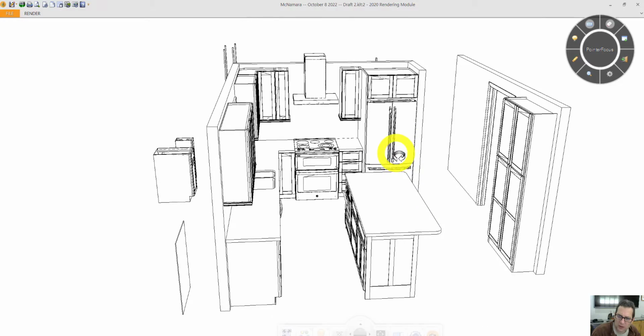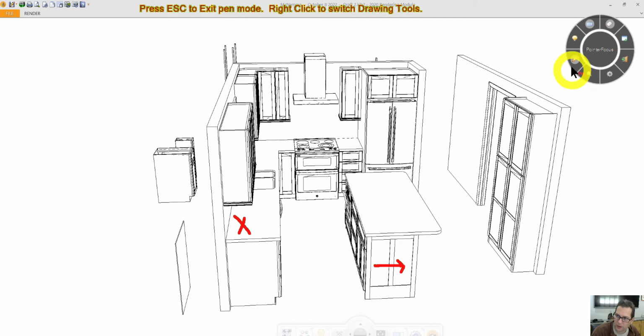But thinking out loud, moving the refrigerator over here might move this island this way in order to make room for that refrigerator. And currently, from this edge here to the front of this cabinet, I have 45 inches, which is good,